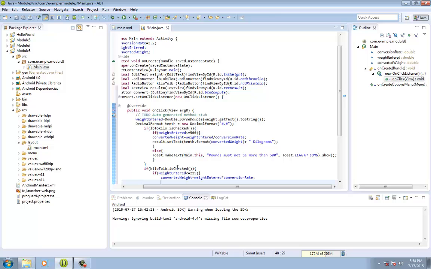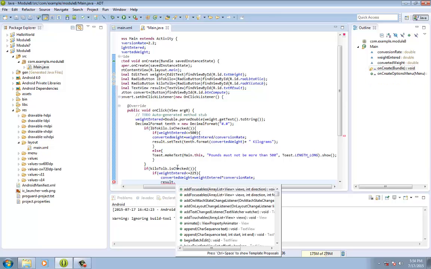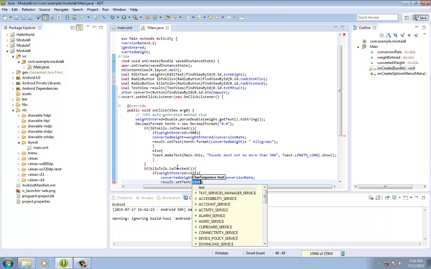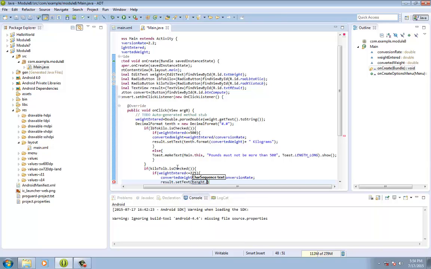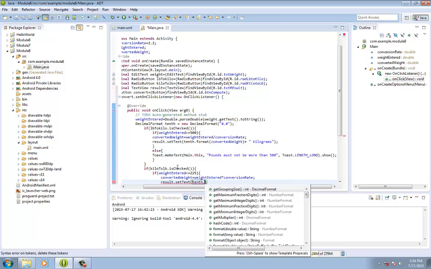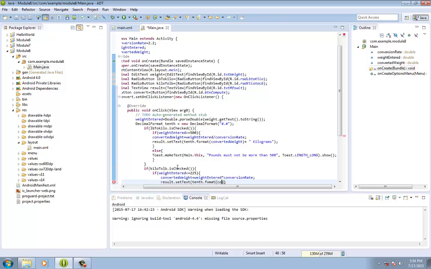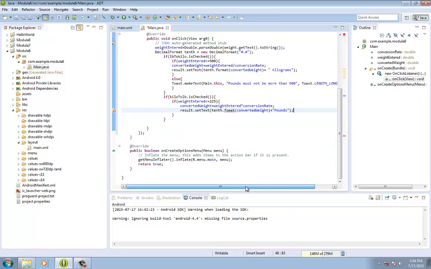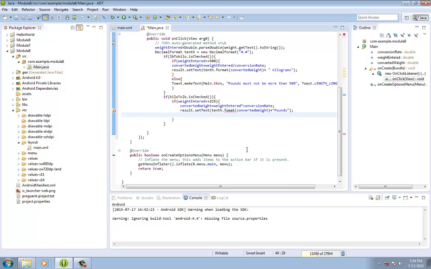and then just below that type in result.setText, and then tenth.format(convertedWeight) plus pounds, then semicolon, and then just below, outside the second